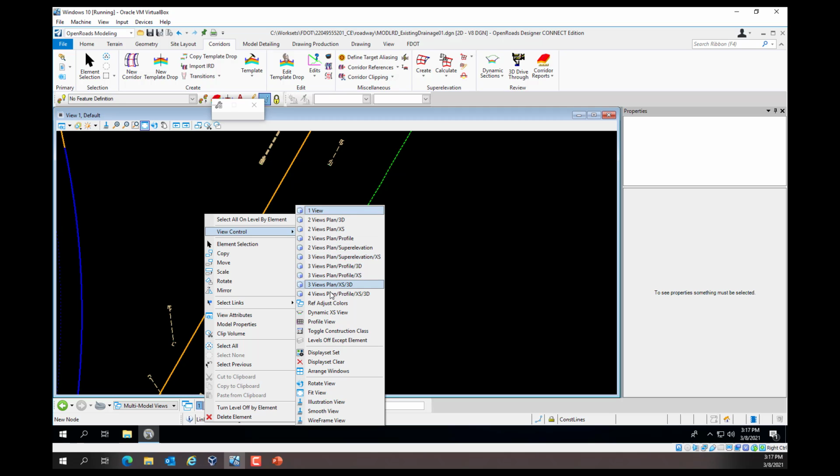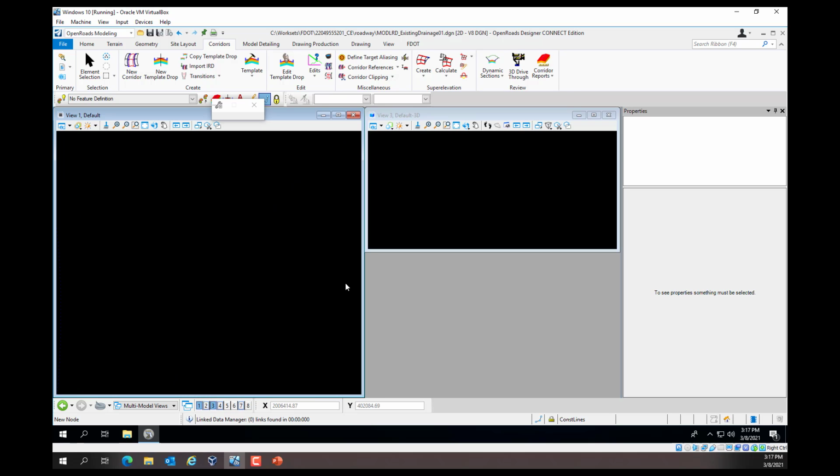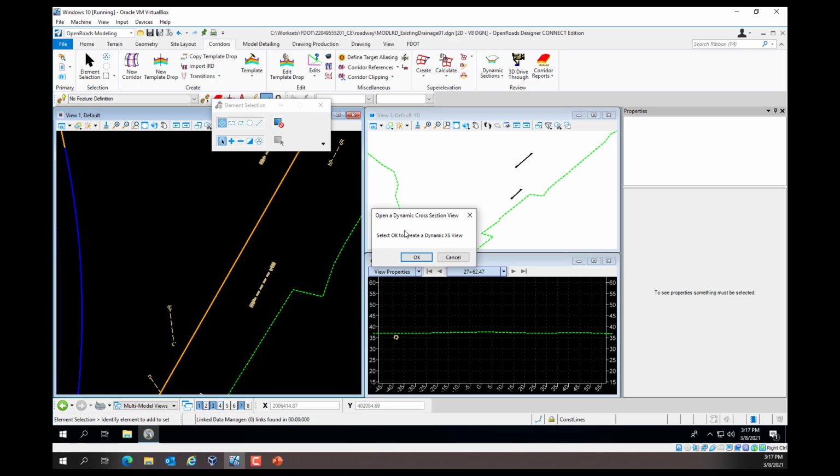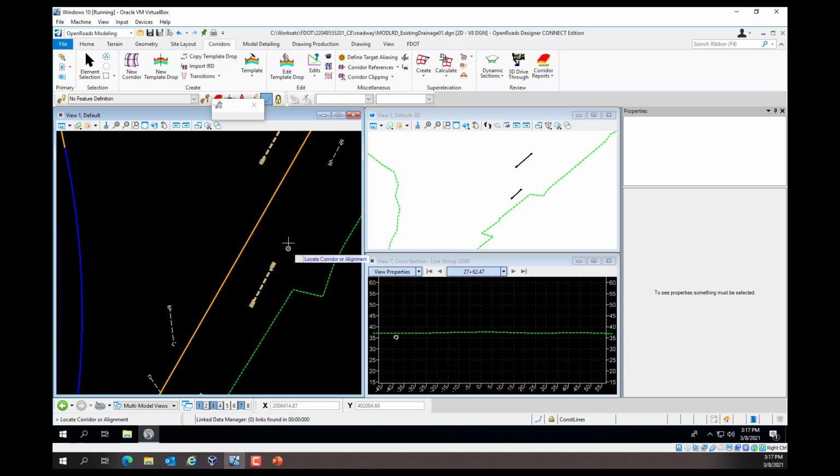We want 3 views, plan XS, which is cross-section in 3D. We'll select that from the right-click menu. It'll ask us to open a dynamic cross-section view. Select OK to create a dynamic cross-section. It'll then ask us to locate a corridor and alignment.